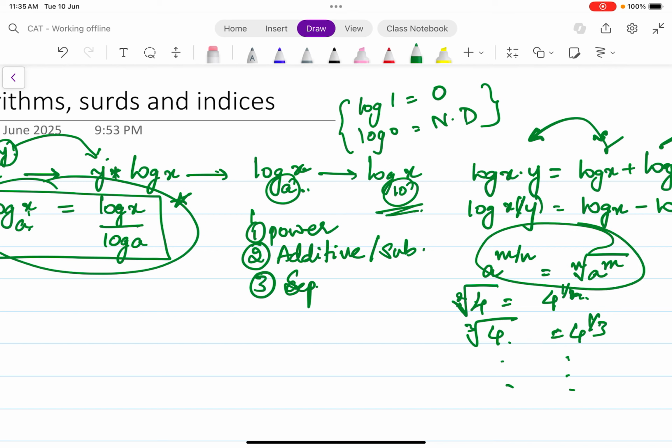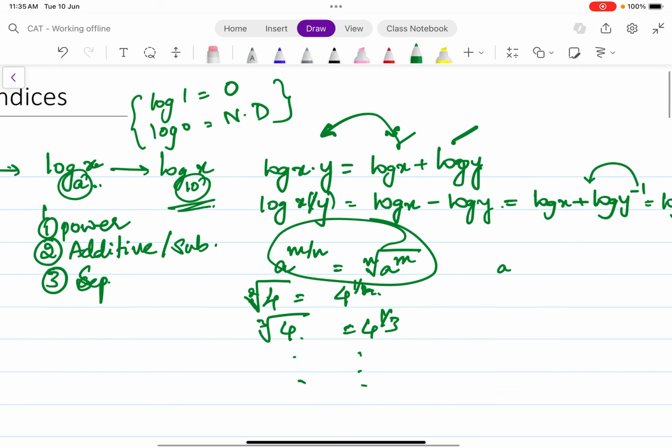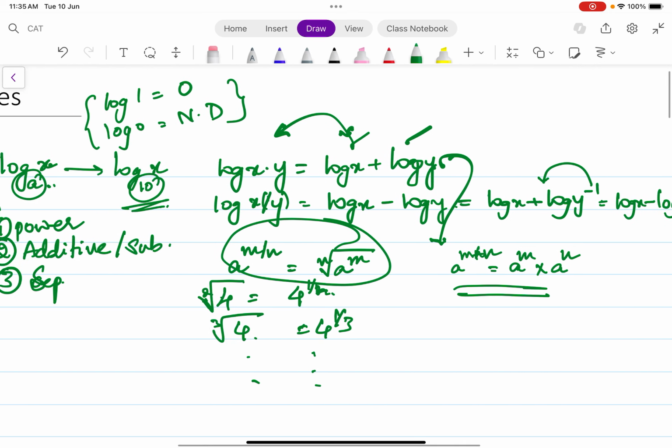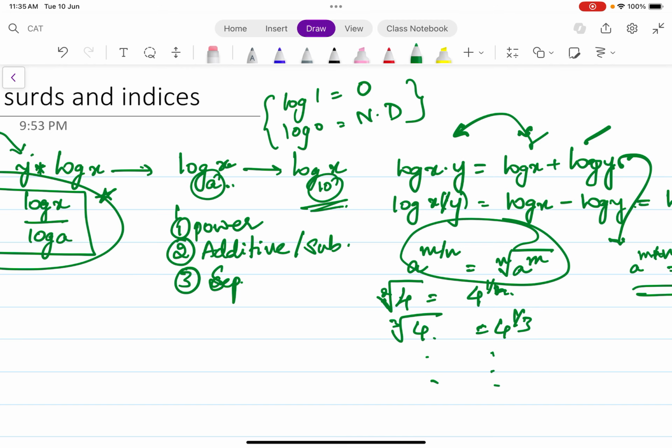It's not a formula per se, but an understanding of how methodology works. Same thing goes for this. So a power m+n can be written as a power m into a power n. So this logarithm formula comes from this one itself. So once you know this and a couple of other surds, other formulas become